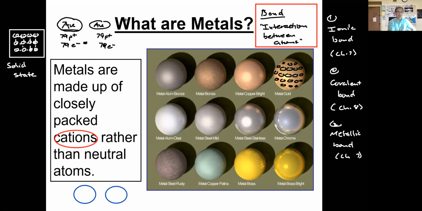Each atom is comprised of a nucleus that has 79 protons. That means we have a positively charged core right there, so that is how you can consider this cation makeup, and I'll show you this in just a moment. So you have two nuclei here, both with a positive charge, and they have 79 protons. For right now, we're not going to consider the core electrons. We're just going to take a look at the valence electron for gold. Each gold atom, remember, has one valence electron in the orbital.